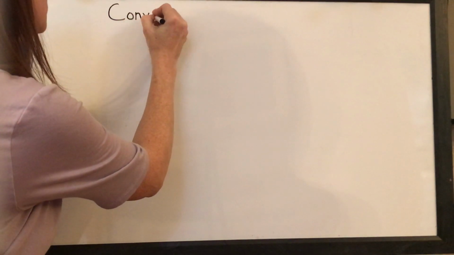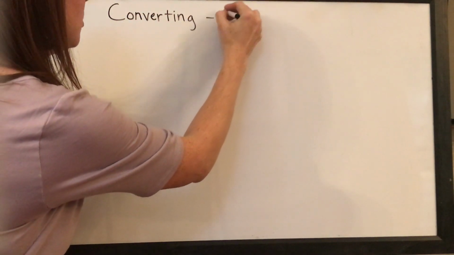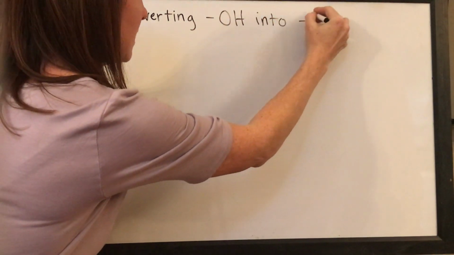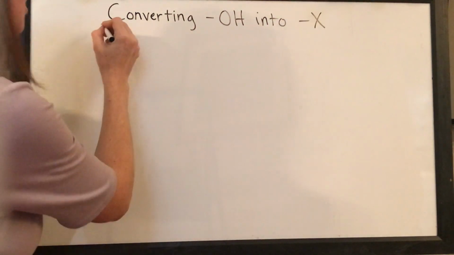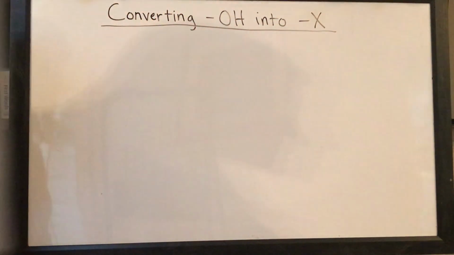Okay, our last topic for the day is converting alcohols into halides. And we already know a couple ways to do this. Converting an OH group into a halogen, a bromine or a chlorine. Because we know that having bromines or chlorines are really useful in synthesis problems. So we already know some of the ways to do this, but we're going to learn some better ways, especially